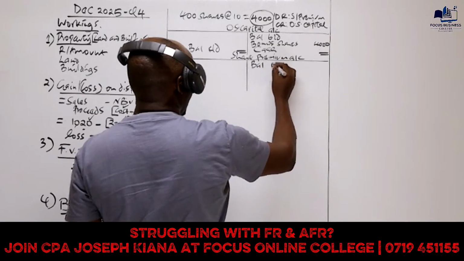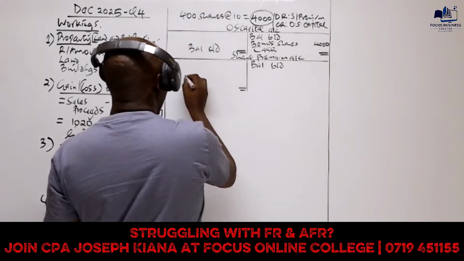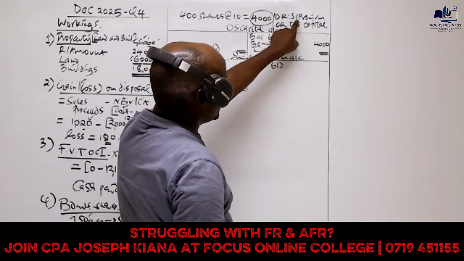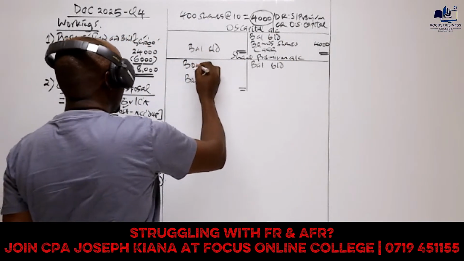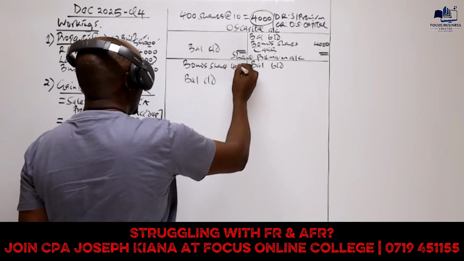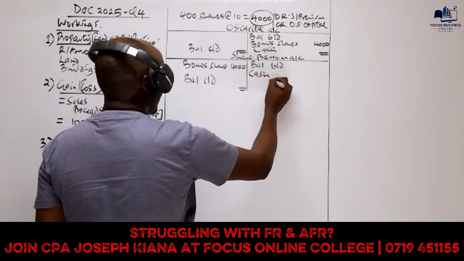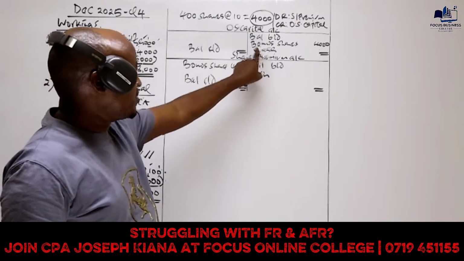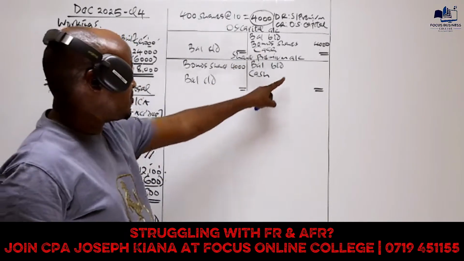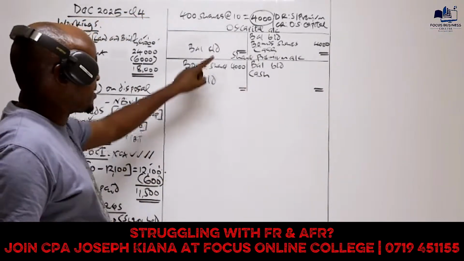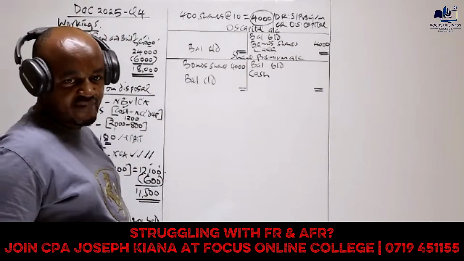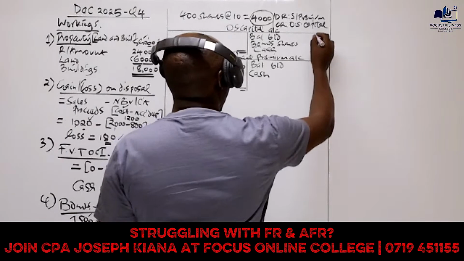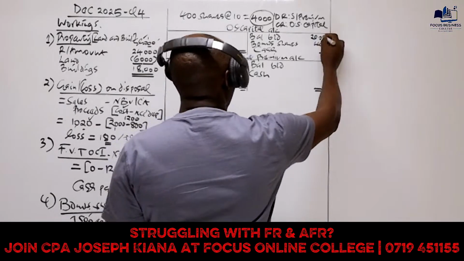Then we do the same. We record the opening balance in this account, the closing balance. Then these shares which were issued free of charge, the bonus shares, should be debited in this account. So we have the bonus shares, which are the value of 4,000. And then we will have a balancing figure on this side, which now will be the cash received from the shares which were issued. These shares were issued at a premium, which will be the balancing figure here. So let's first of all start by recording the opening balance and the closing balance in the share capital. We get this from the balance sheet at the equity. The ordinary share capital at the start was 20,000. At the end was